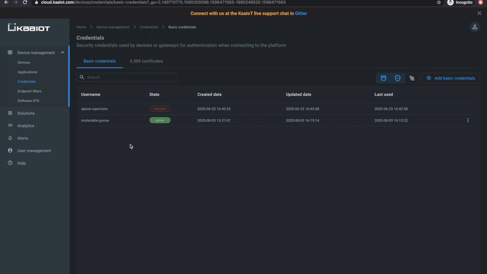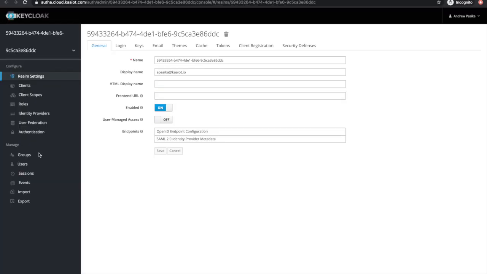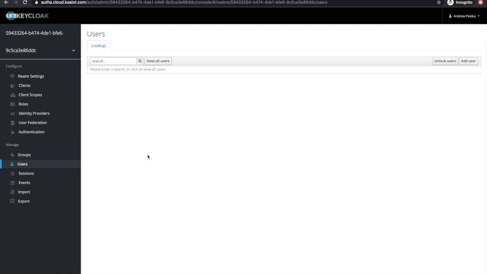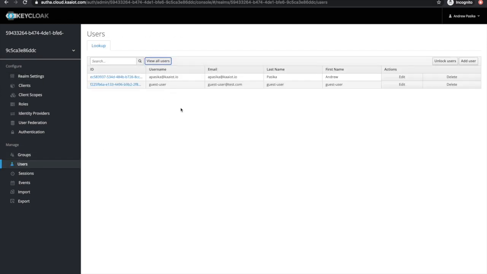My tenant has its own set of devices, applications, credentials, filters, etc. that are fully isolated from all other tenants. Another interesting thing is that you can click on the User Management tab and you will be redirected to the Keycloak realm with all resources that belong to your tenant. So here you can manage users, you can add new users, you can view them, and you can manage their